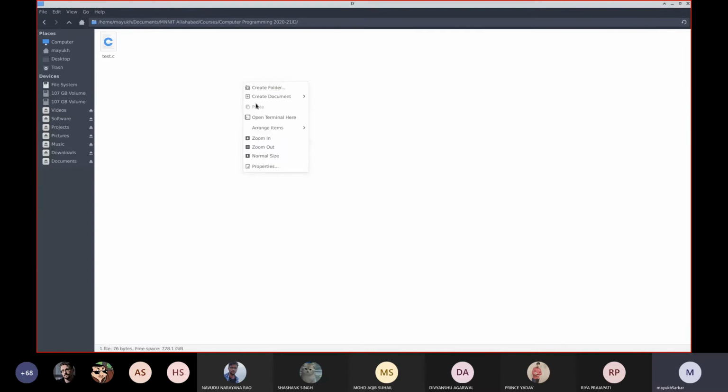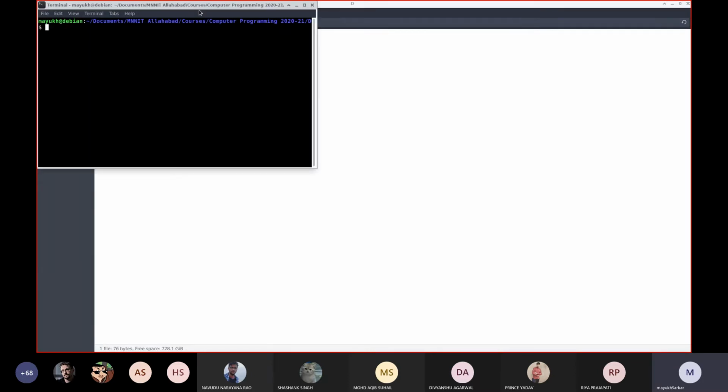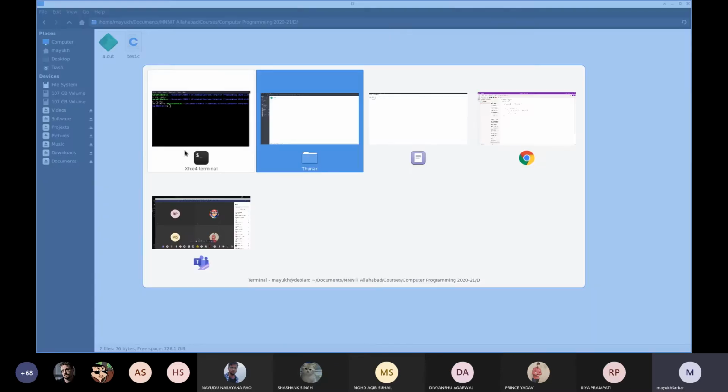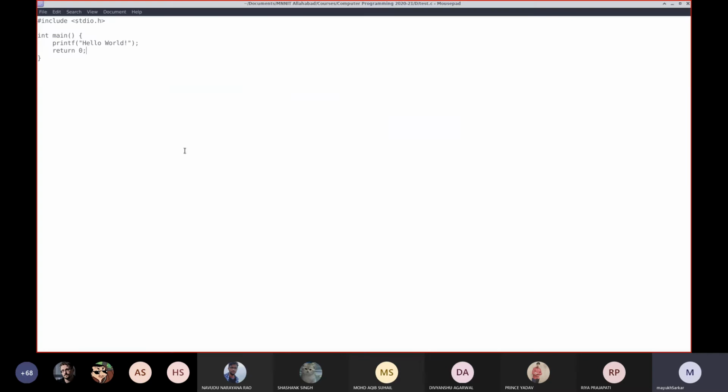And if we compile this, I think you already know how to compile this from the lab. Let me show this. This is test.c, and you can see that an executable file called a.out got generated, and this prints hello world. Now what happens, how eventually it created that executable a.out.